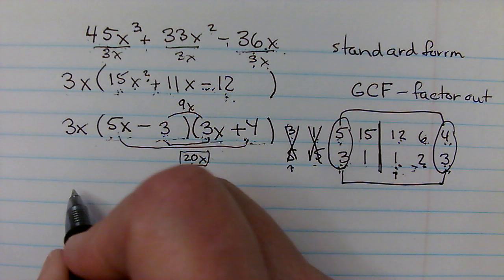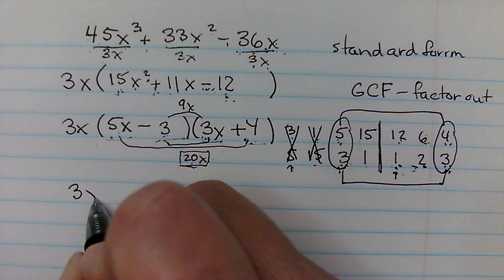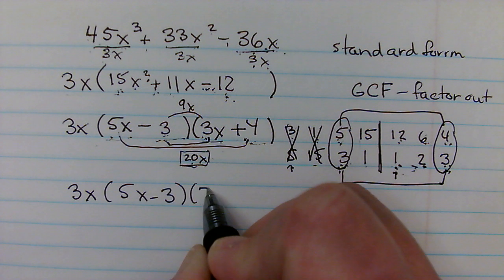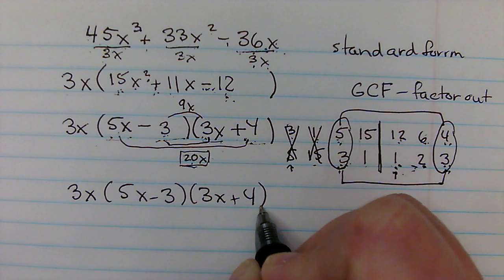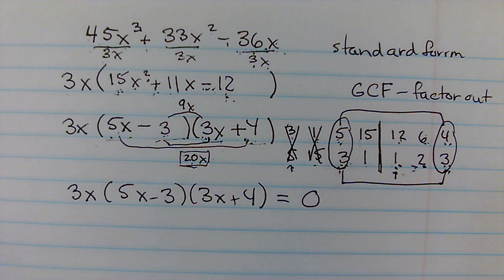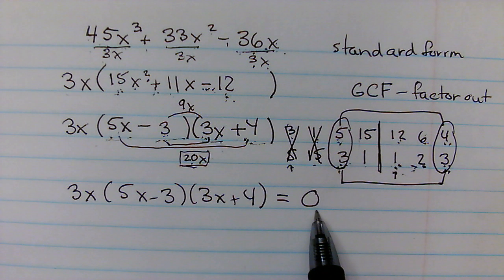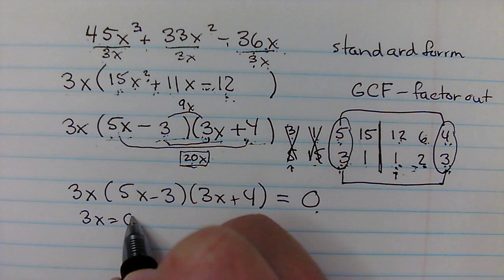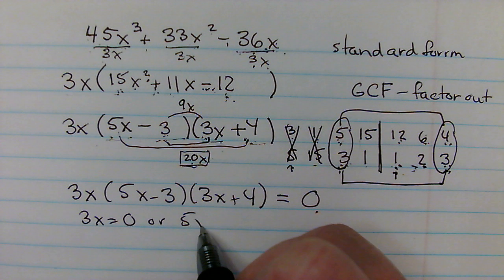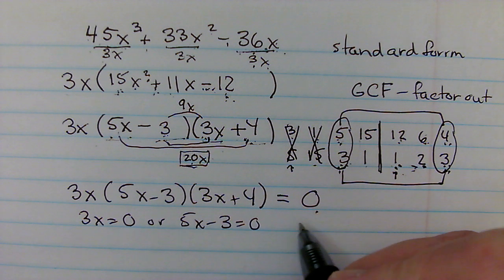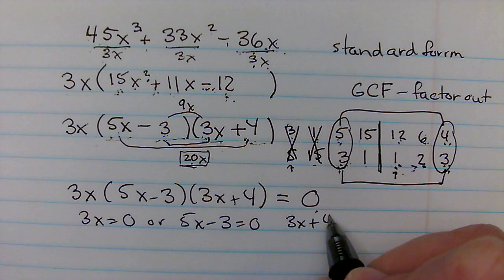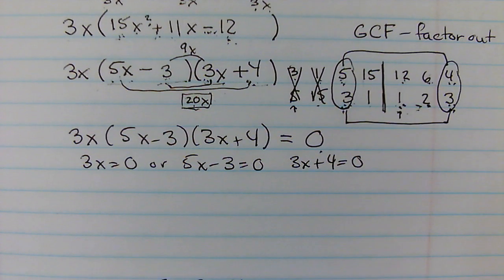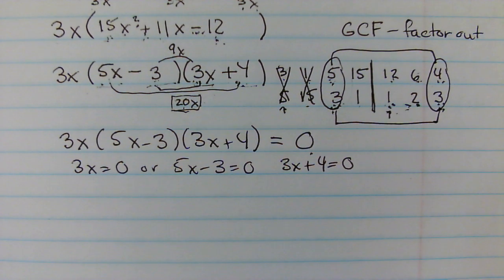If it had been given to you as an equation, you would have done all the factoring just like we did, except you'd have to have 0 on the other side of the equation. And then you set each factor equal to 0. And then you solve each of those linear equations, because they only have a power of 1 in them, for